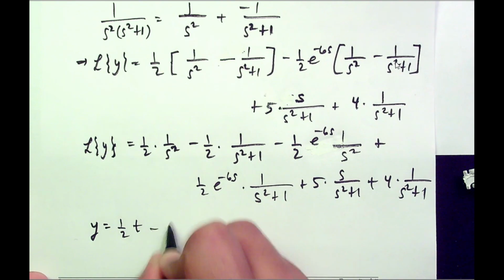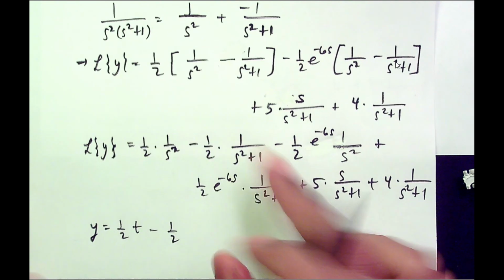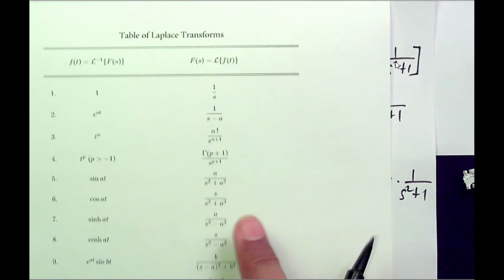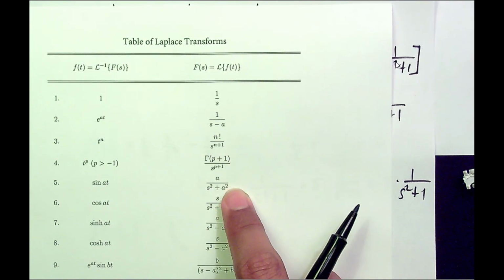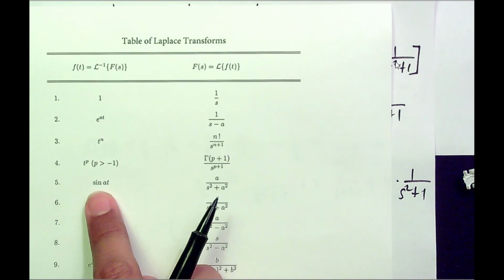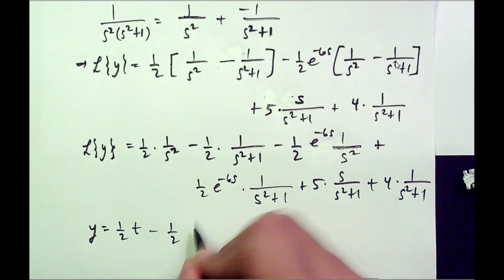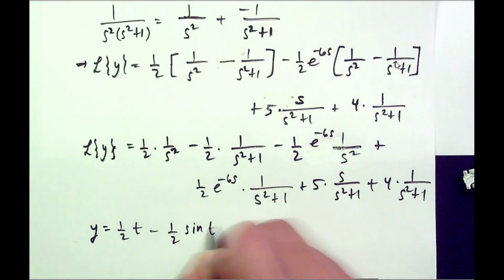Then minus 1/2, inverting this one, 1 over s squared plus 1. It is this one with a equals 1. If a equals 1, this will be 1 over s squared plus 1. So it is really this one with a equals 1. So you get sine of 1t or sine of t. Sine of t